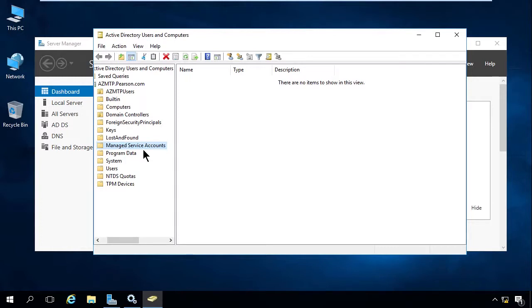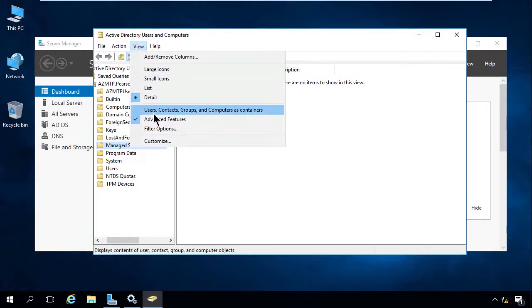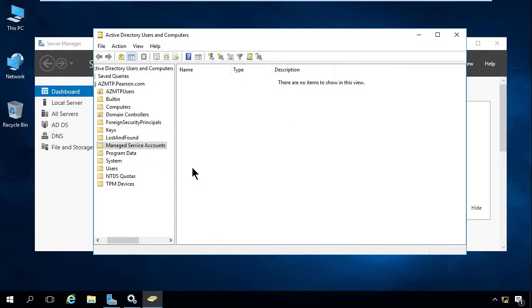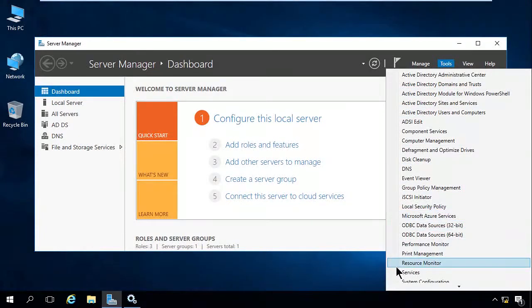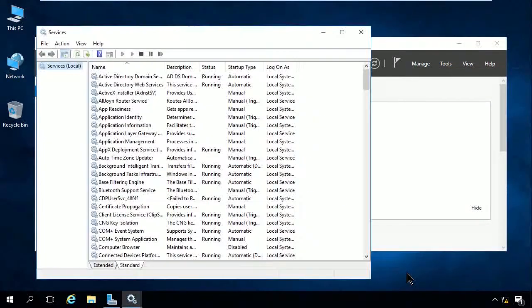But even if we had created an account, it's not going to show up unless you have the advanced features turned on up here. So remember, go to View and then select Advanced Features to actually see these service accounts after you've created them. And the other piece I want to show you is the services. Again, to Tools and then down to Services this time. We'll scroll down and grab,